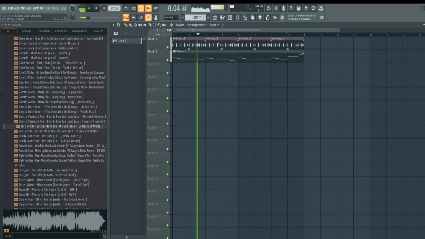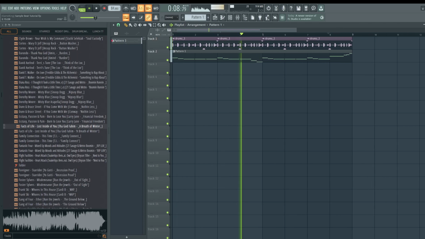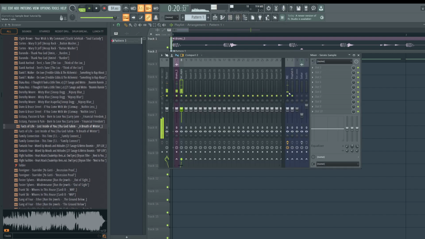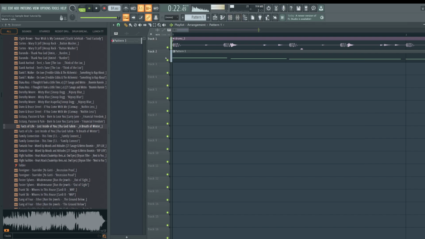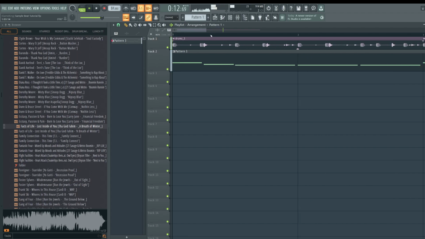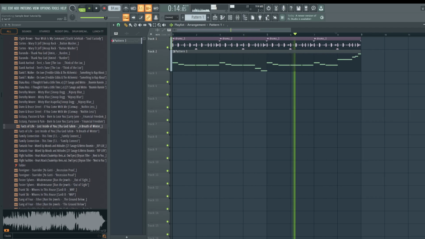Okay, so now it's just a matter of lining up our sample chop with the actual drum and just listening, because we quantized the drums, the sample, remember, so everything is not perfectly lined up with the drum. Now we have that. Now let's add our bass line.